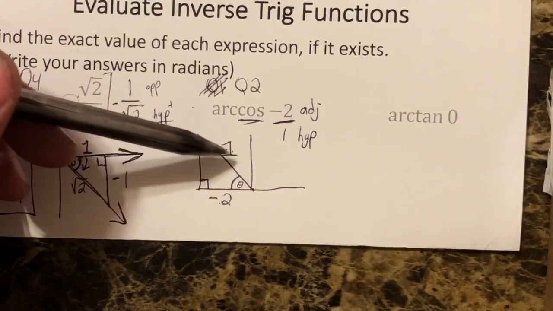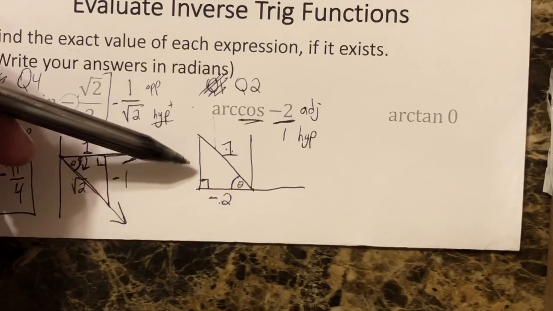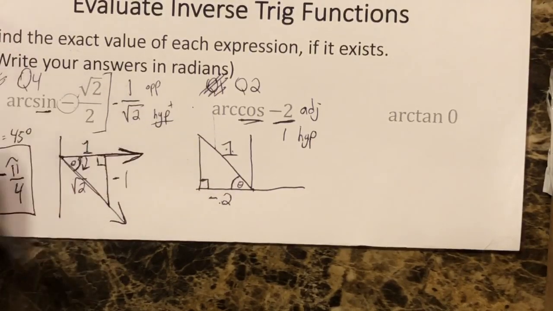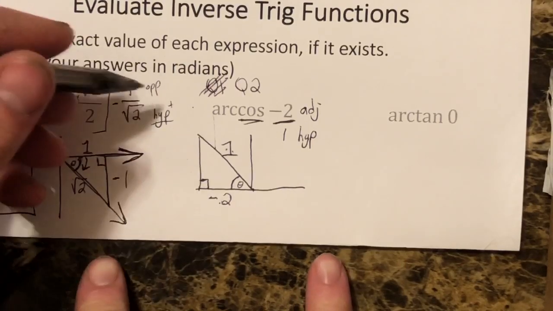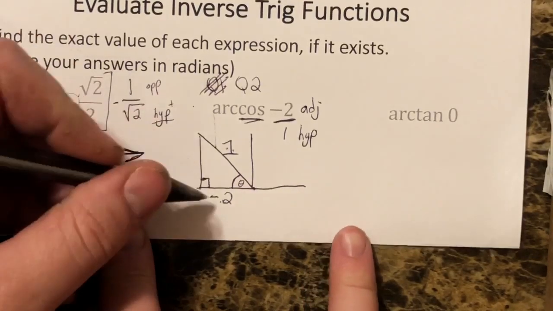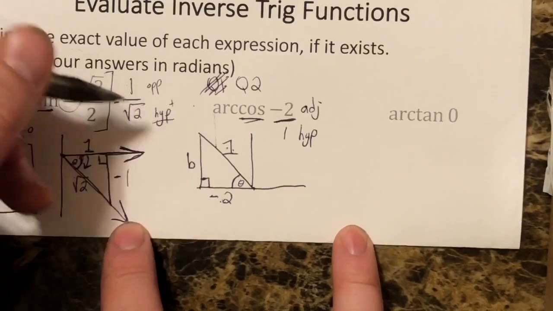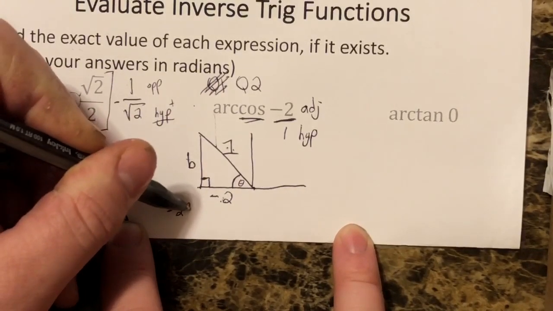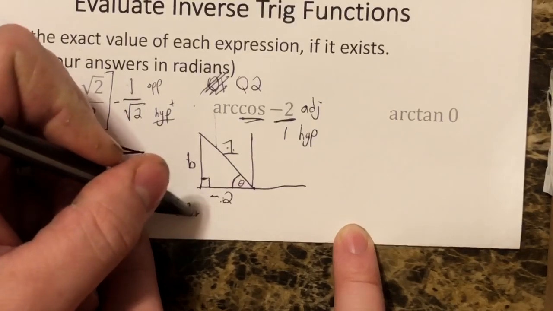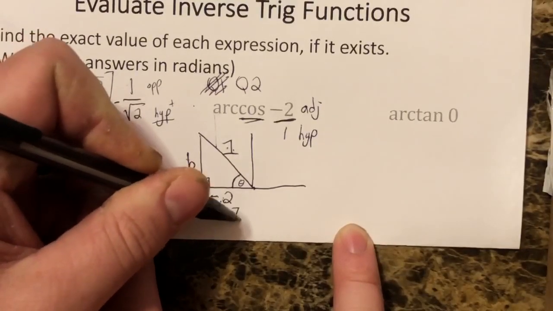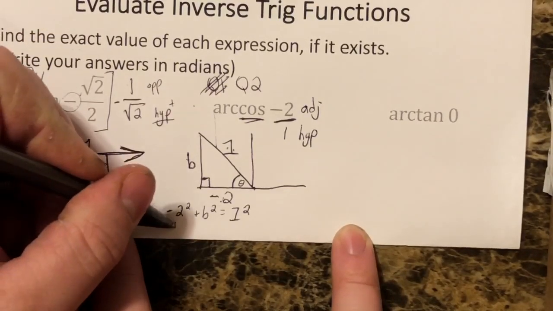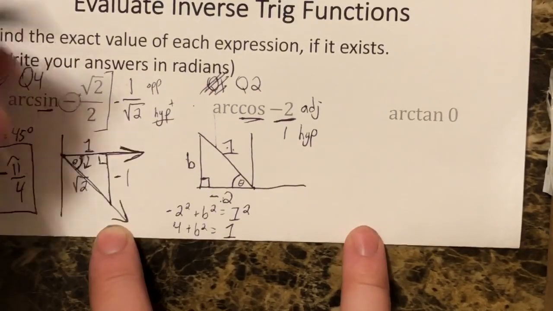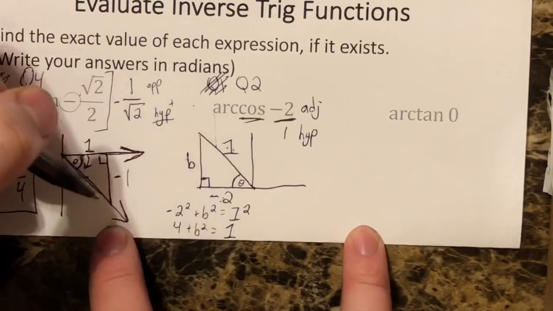Usually in this type of situation, if it's not a special right triangle, you want to try and find the third side just to see where you're at, just making sure that it is a triangle. Now, if we do this, it kind of turns out interesting. If you make this side B, so we'll call that A, B, and C, you do the Pythagorean theorem. So you do negative 2 squared, plus B squared, equals 1 squared. This gives you 4 plus B squared equals 1. All right, and if you subtract the 4 from both sides,